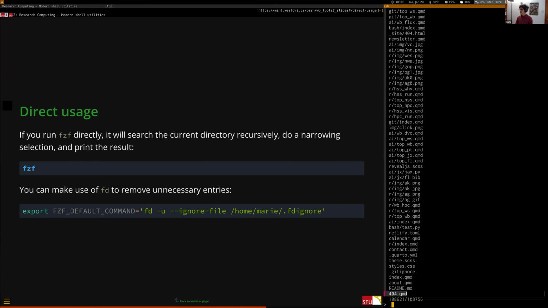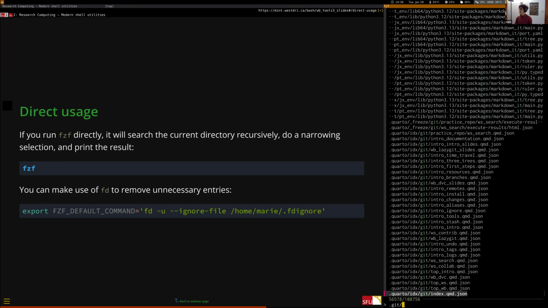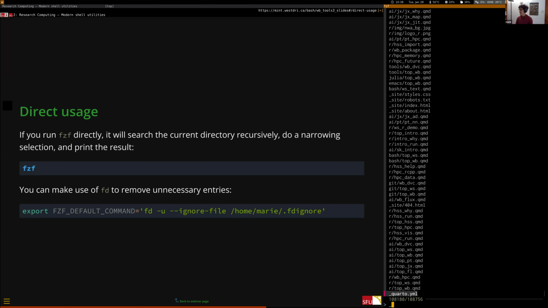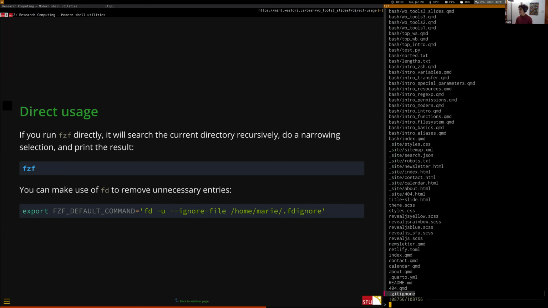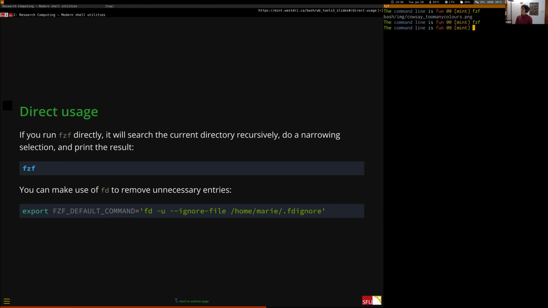Like if I type .git, there are all the Git files. There's my site. There's all sorts of stuff in there. So it's a bit of hell. And